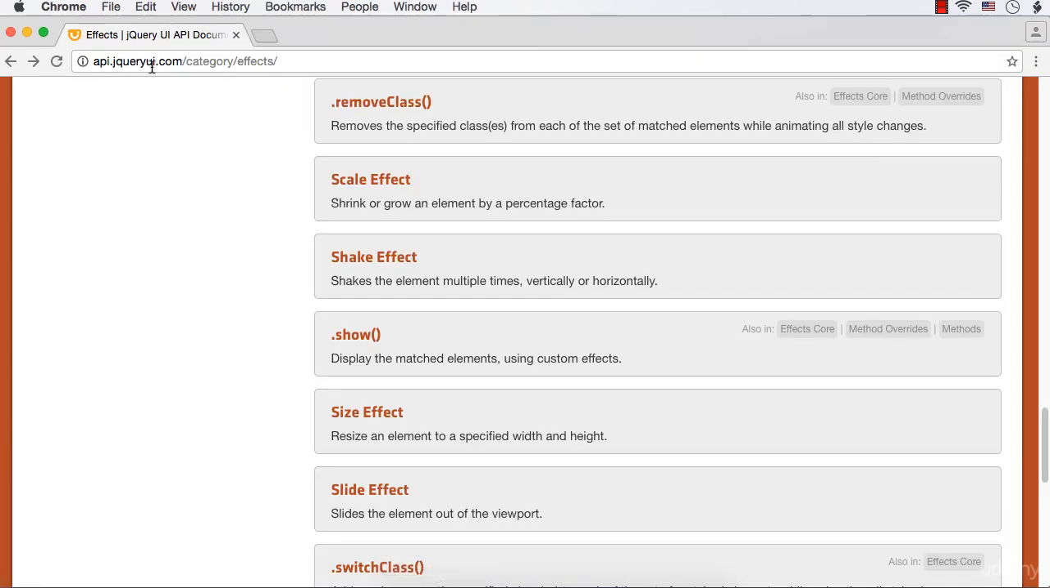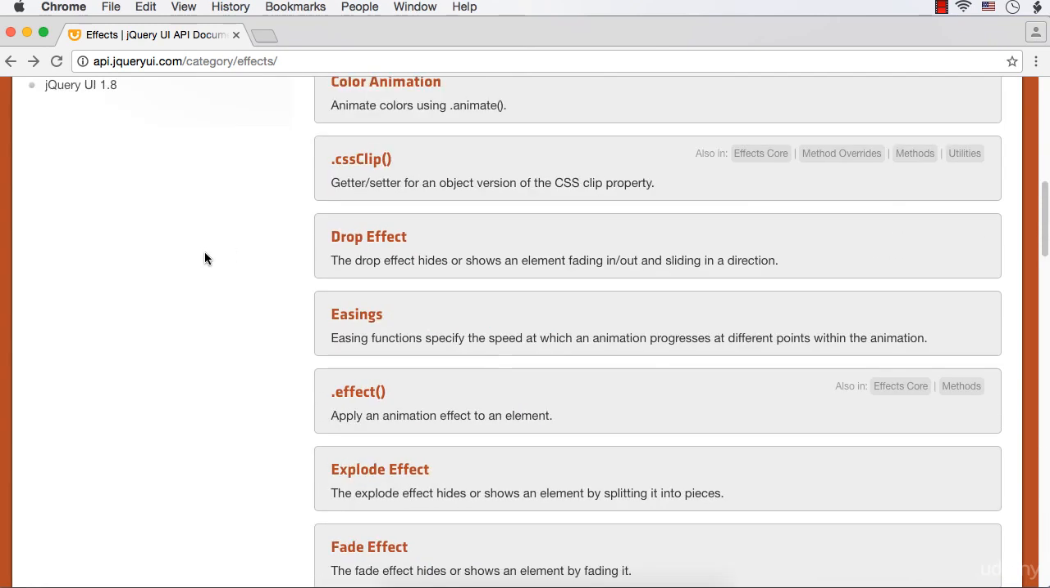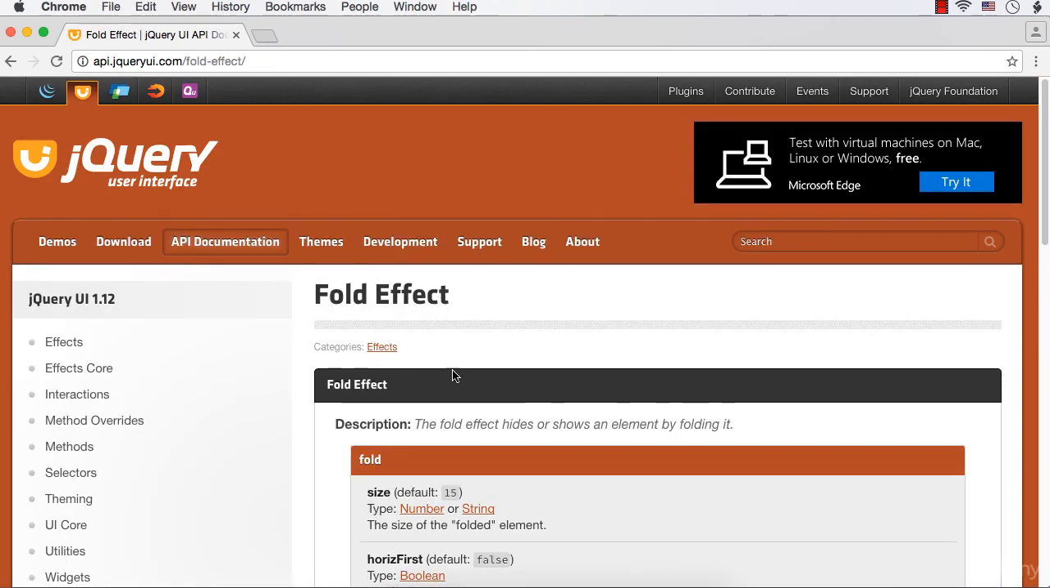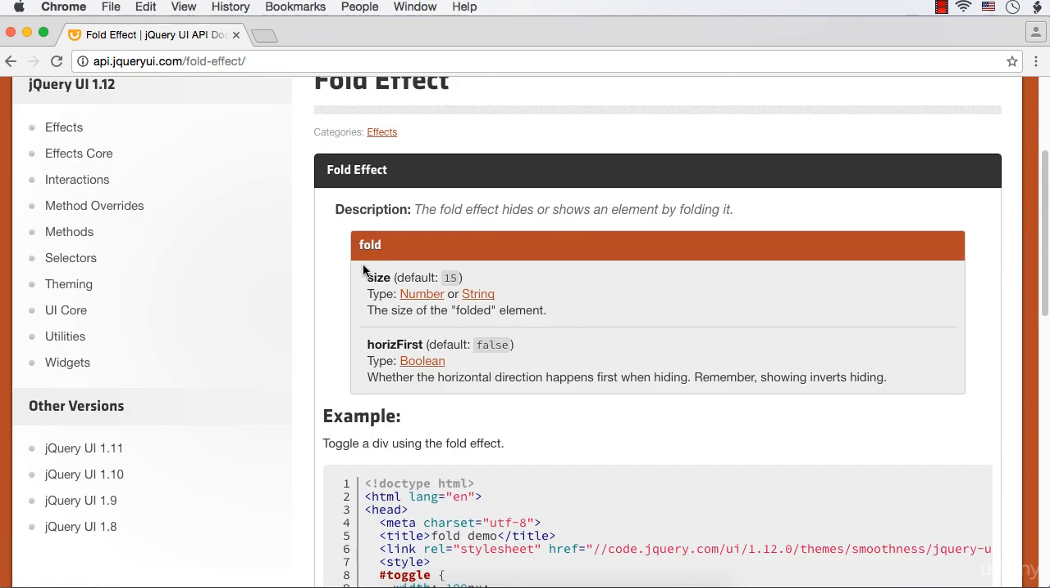That is api.jqueryui.com/category/effects. Let's have a look at the fold effect. Here we have the fold effect. Let me click on that. This is the fold effect, and the description tells us that it hides or shows an element by folding it. You can see two options here: size, whose default value is 15, and horizontal first,